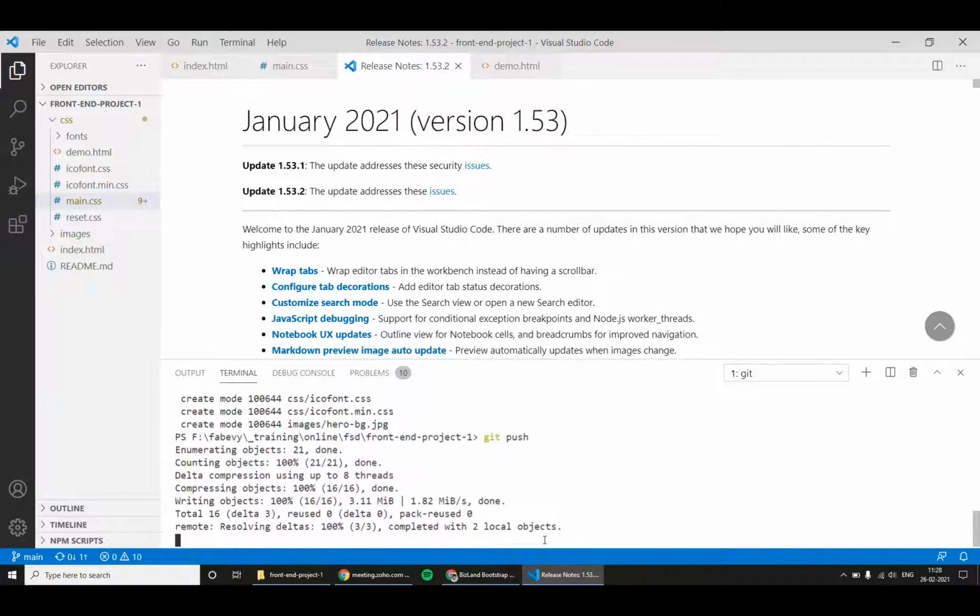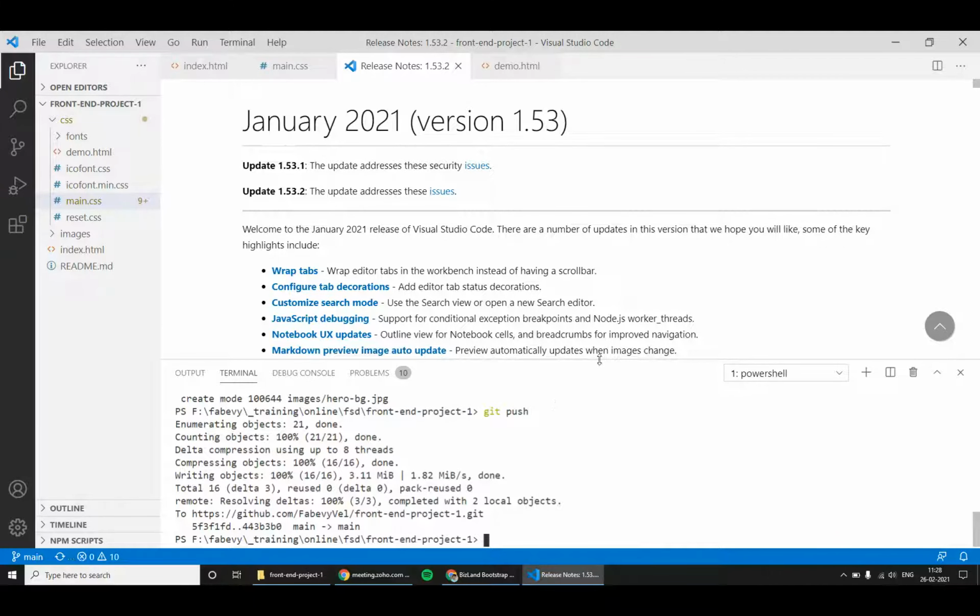So I have pushed the progress. So if you see this repository, then you will be able to see what I have developed so far.